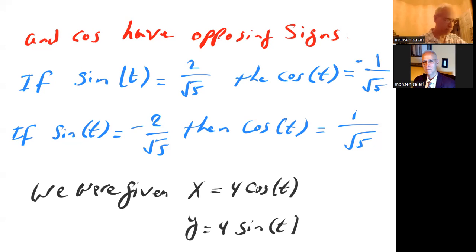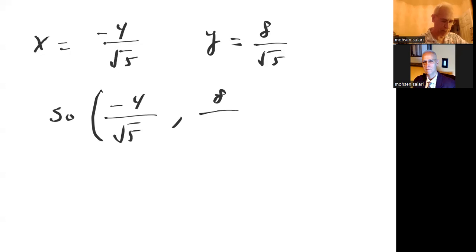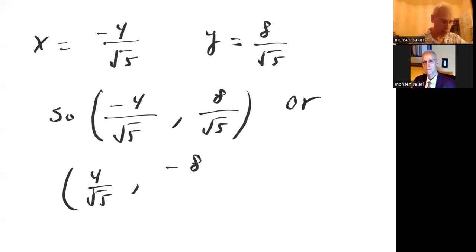So x equals negative 4 over root 5 and y equals 8 over root 5. So negative 4 over root 5 comma 8 over root 5, or, with opposing signs, 4 over root 5 comma negative 8 over root 5,